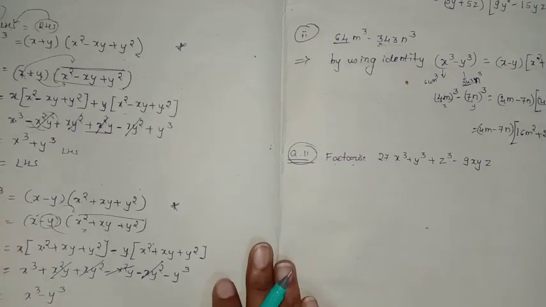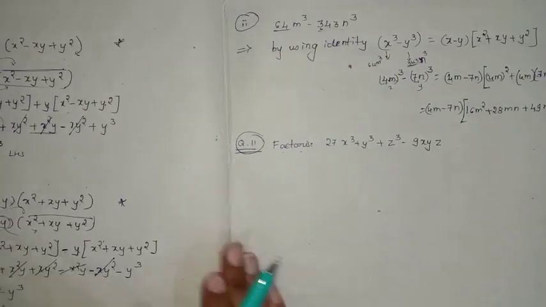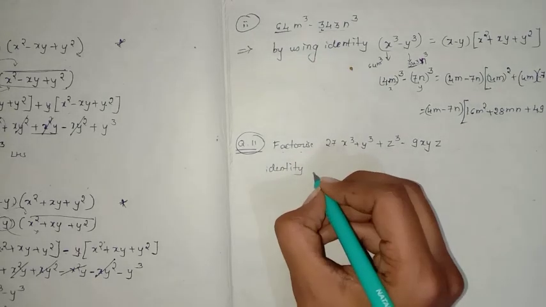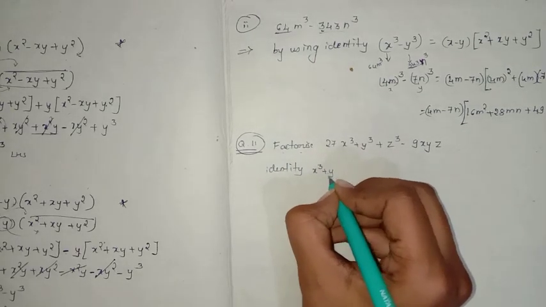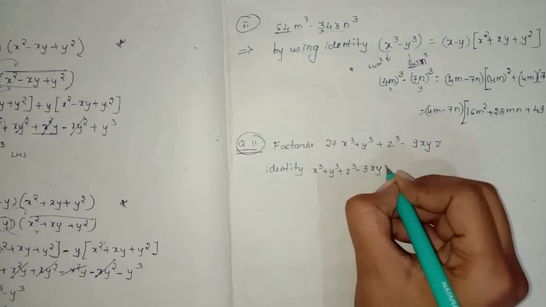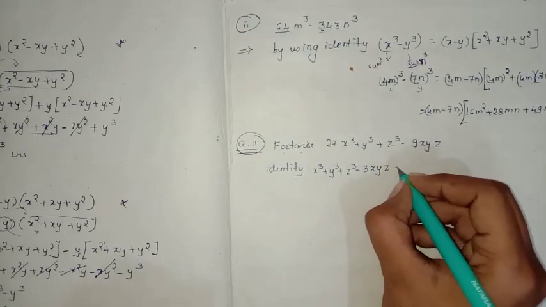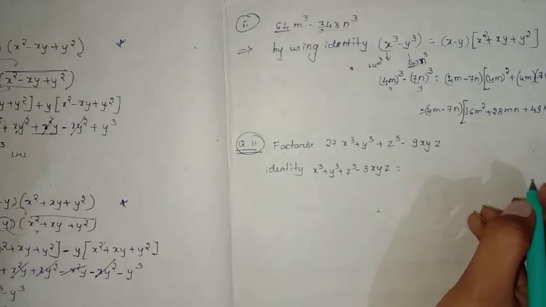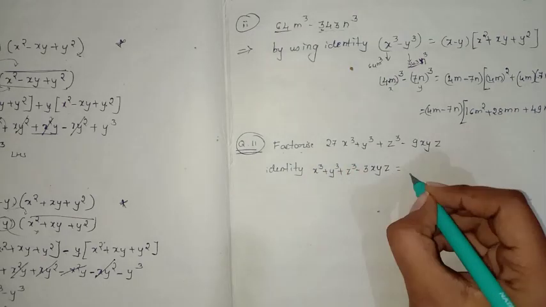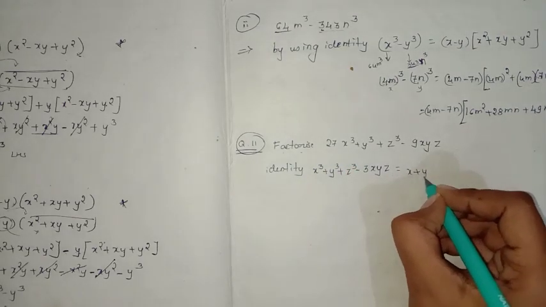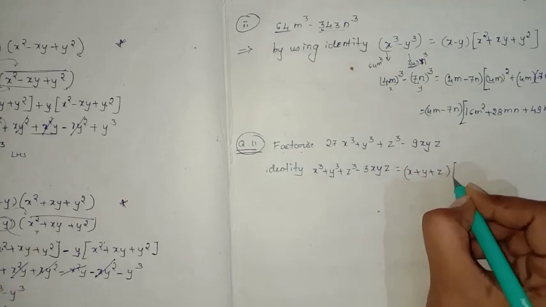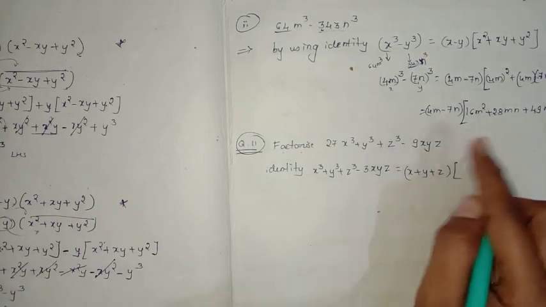So now the question arises how to remember this one. So which identity we are using, that you have to write first. Identity which we are using, that is x cube plus y cube plus z cube minus 3xyz. So this identity we are using, and what is the expanded form that we have to write. So for that, these are the three terms. One is x, y, z. So just write that one, x plus y plus z in one bracket. And in next bracket, what you have to write, as it is the x term, x to the power 1,